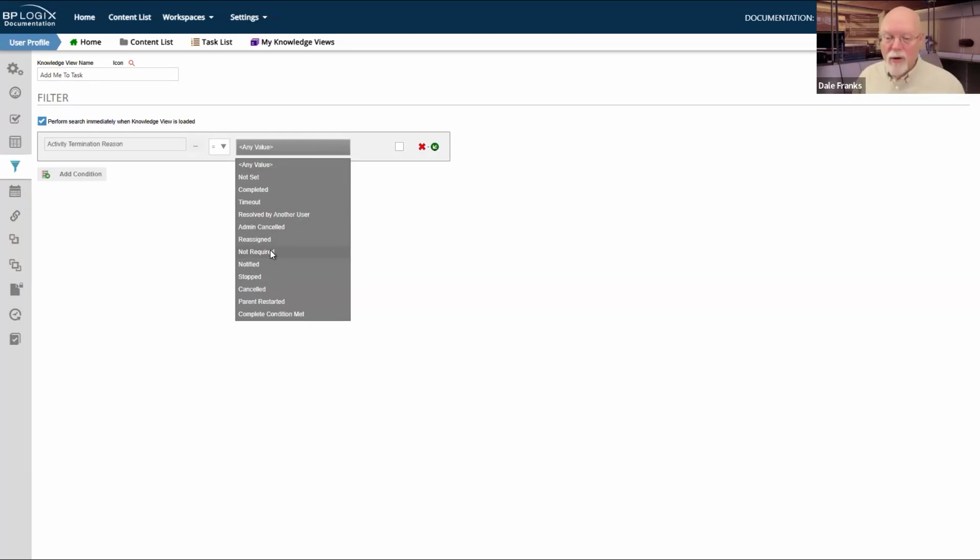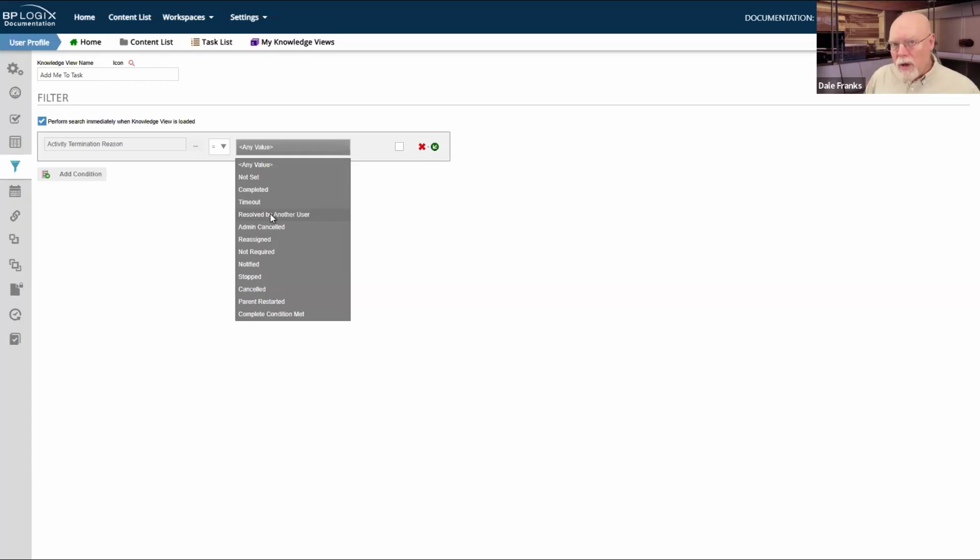Not required generally means there was a needed-when condition that was not fulfilled, and therefore this activity was not required to run. But there is another not required. Technically, if I have 2 or 3 users assigned to a task, but the task can be completed by the first user to accept, then a user goes in, he accepts the task, he completes the task.